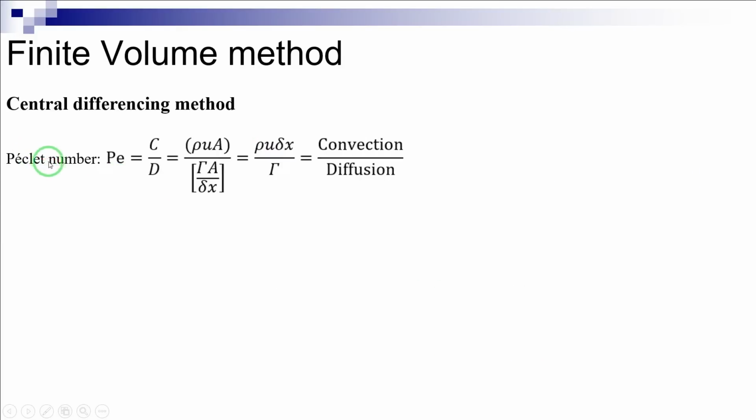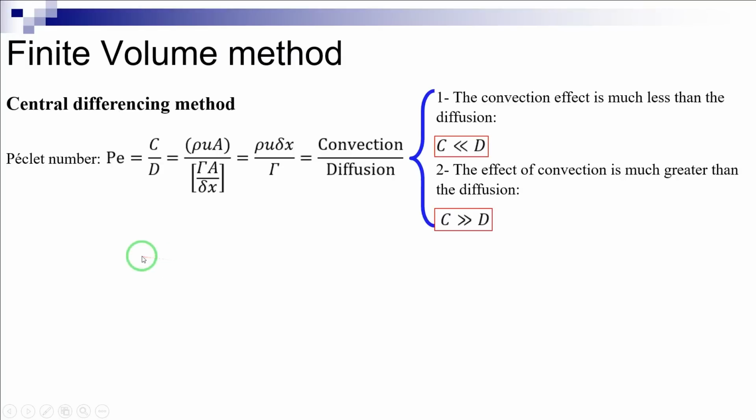This number, in fact, represents the ratio of the advective transport rate of phi to its diffusive transport rate. Now, let's consider the following two different conditions. In the first case, the convection effect is much less than the diffusion. In the second case, the effect of convection is much greater than the diffusion. For example, for the first case, consider that Peclet is equal to 0.5, while for the second case, Peclet equals